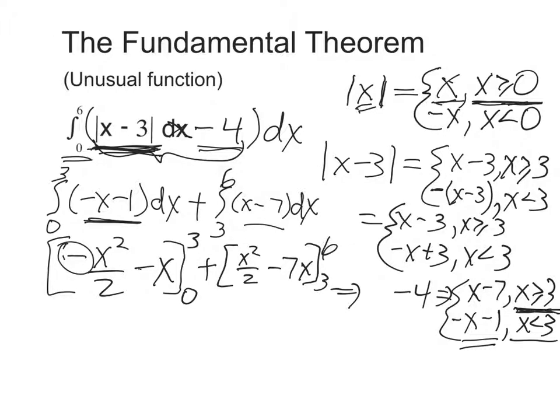And now, the fundamental theorem says we start with this one and then subtract this. So negative 3 squared over 2. Now, remember, this is the negative of the fraction, the opposite of the fraction, not negative 3 squared. It's 3 squared, then take the opposite. So that value will end up being negative, and then minus 3. This would be our capital F of 3